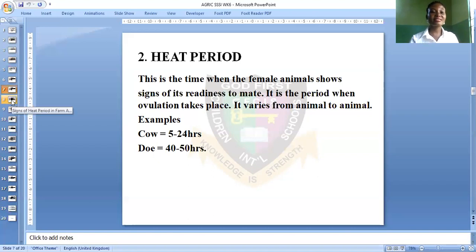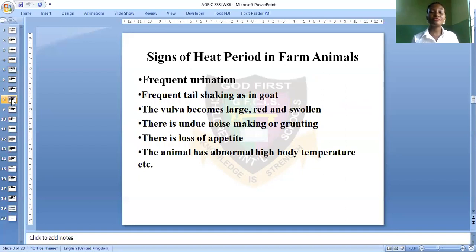Now, let's see the signs of heat period in farm animals. I, as a farmer, how will I know that my female farm animal is on heat? There are some signs that the farm animal will show. The first sign is frequent urination. The female farm animal will tend to urinate often. Number two, frequent tail shaking, as in goats. The female farm animal, such as in goats,